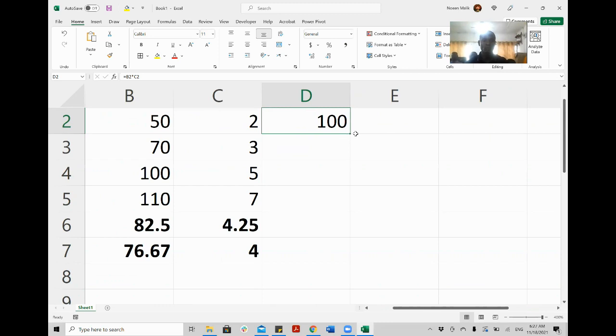This dot or point is not anywhere else except here. You move your mouse on the top of this cell, and when it is on this dot, you put your mouse here. You see it turned into a plus sign or a cross sign.